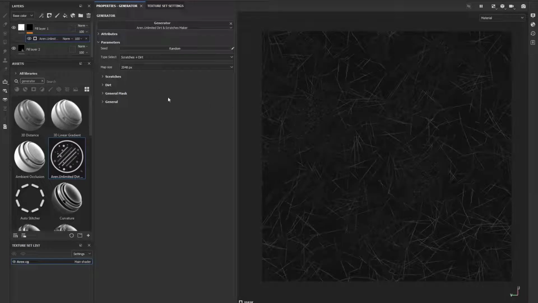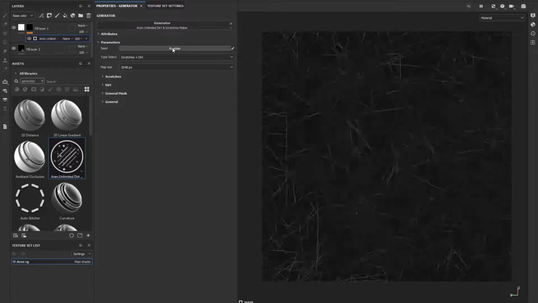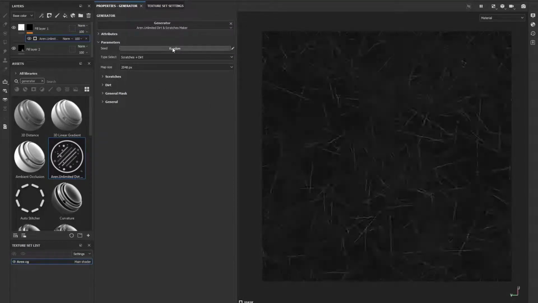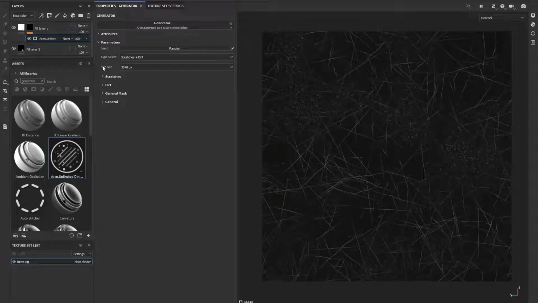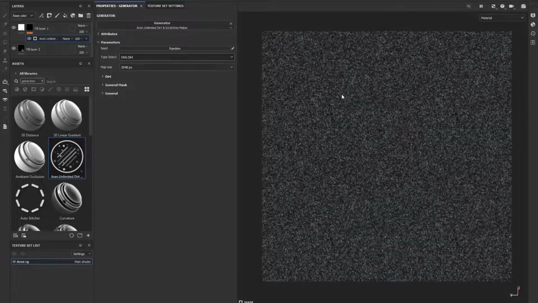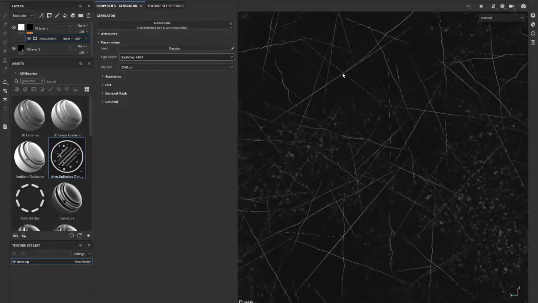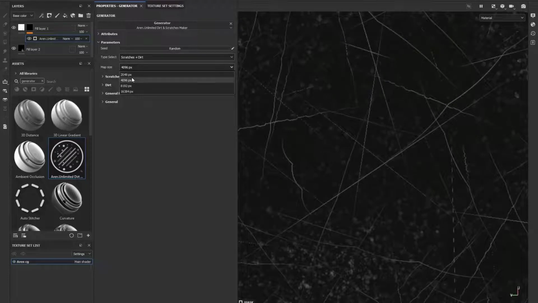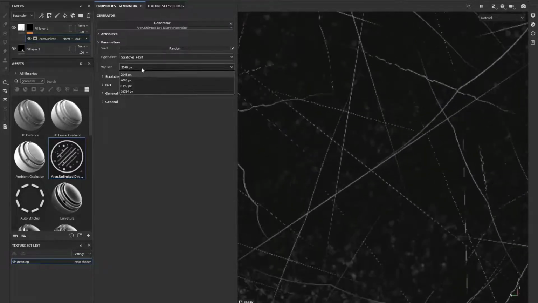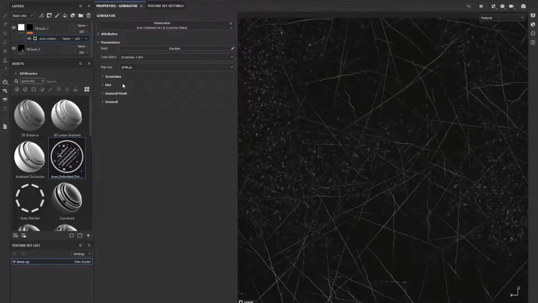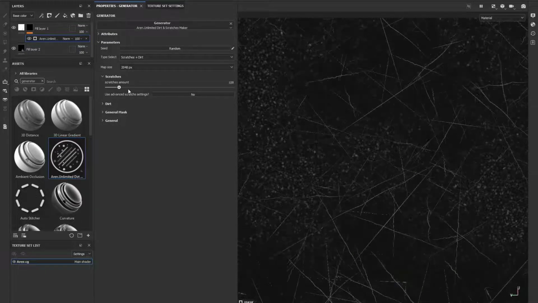after that, you can use the random to use different seeds. And then we have 4 modes that we can use. Everything you want. So we have only scratch, only dirt, scratch and dirt, and you can change the resolution of this map into 2048 or anything you want. So you can set it, and then you have a scratches amount that you can add more or add less